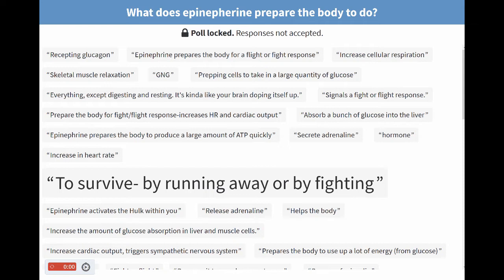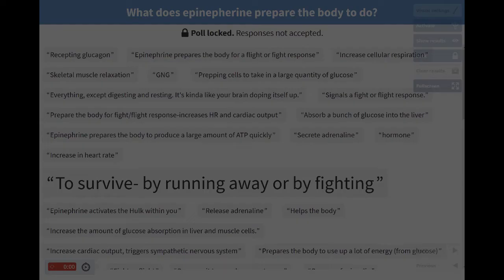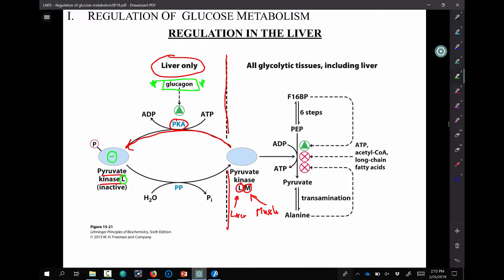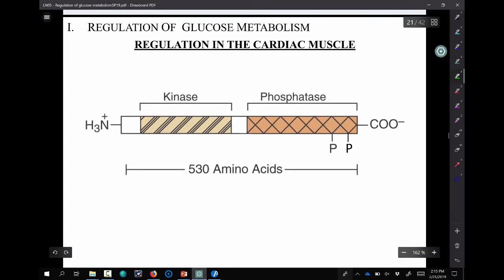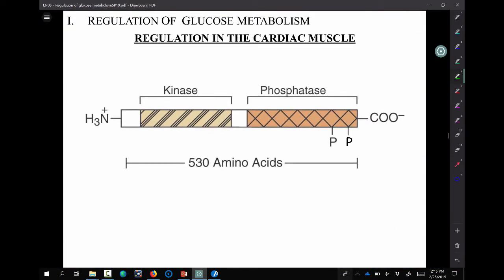Now, when you think about this, let's go a little bit more on the serious side of things. Let's come back here. I want to talk first of all about cardiac muscle, and we'll also talk about skeletal muscle too in terms of regulating glycolysis. Really, glycolysis is what we'll spend more time thinking about. So cardiac muscle and skeletal muscle are very similar in some ways, and I'm going to highlight some of those similarities in terms of the regulatory capacity of glycolysis, but they're also different.